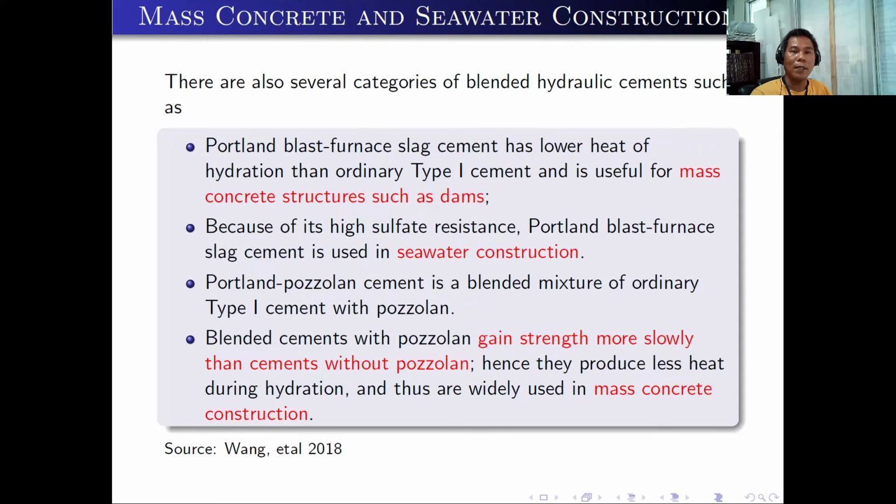Portland pozzolan cement is a blended mixture of ordinary type 1 cement with pozzolan. Blended cements with pozzolan gain strength more slowly than cements without pozzolan. So take note about this one. Although it gains strength more slowly than cements without pozzolan, it does not mean that it is weak. It just gains its strength slowly. Because it gains strength slowly, they produce less heat during construction or hydration, and thus are widely used in mass concrete